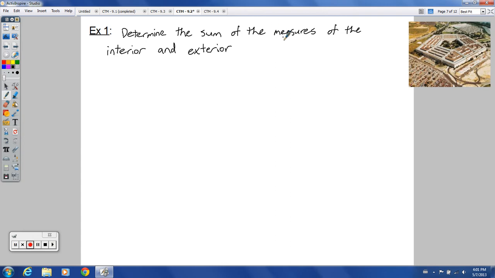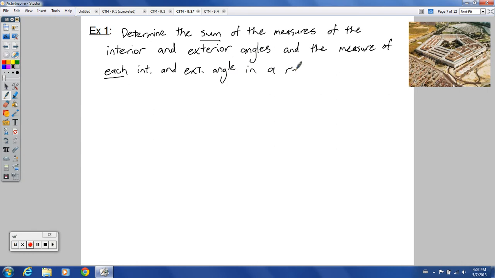So determine the sum of the measures of the interior and exterior angles. I'm starting to write the same thing twice. I don't want to write the same thing twice. There we go. And exterior angles and the measure. So we're going to determine the sum first and the measure of each interior and exterior angle in a regular